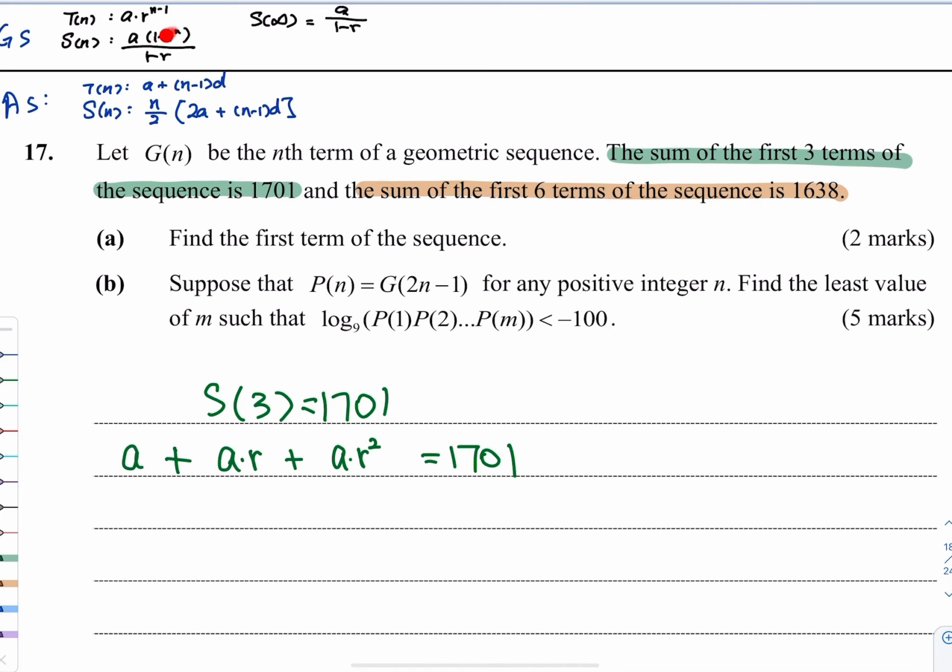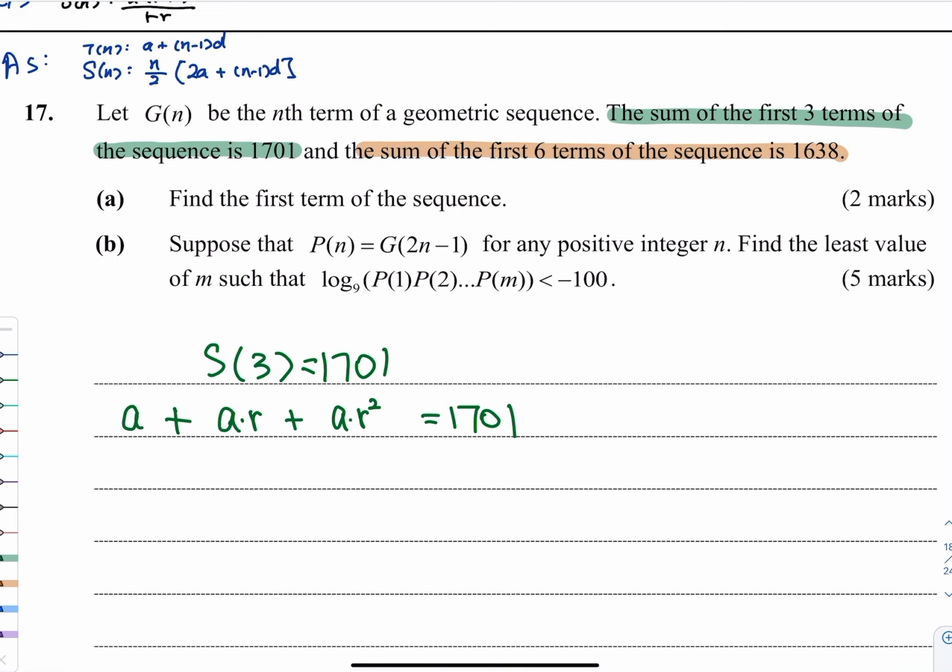Because even though you do this one, it will be 2 different equations, and then the second one divided by the first one, and then you can find R first because A will be cancelled out. Both are possible, see whatever you can find. And then from here, is there anything that you can do? If nothing, then just wait until here. We can continue later on, right? So this is your first term. And then the second one, we know the sum of the first 6 terms. So S6 is